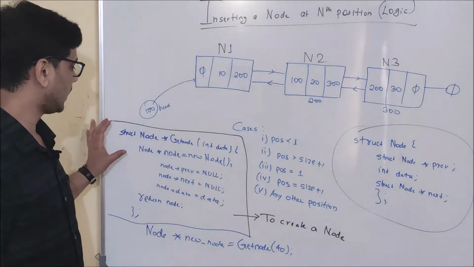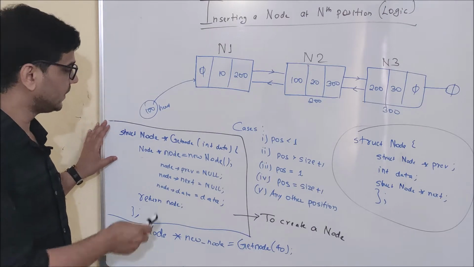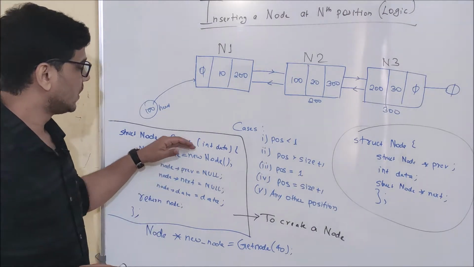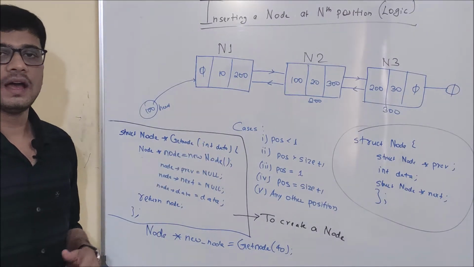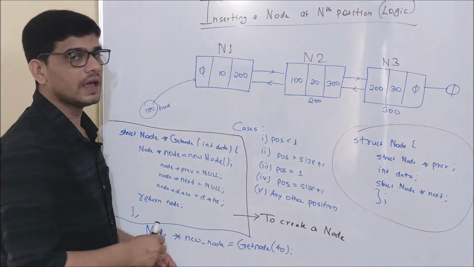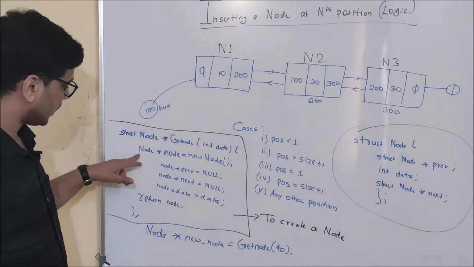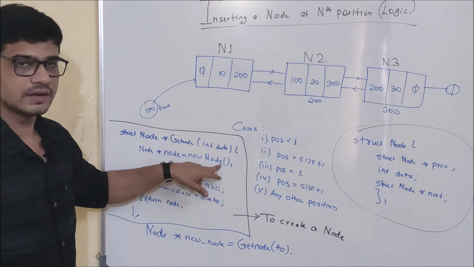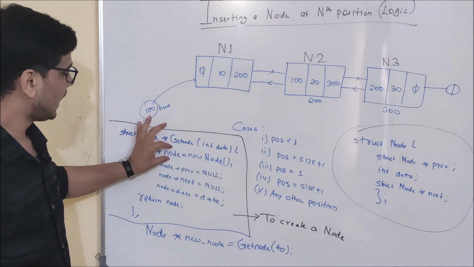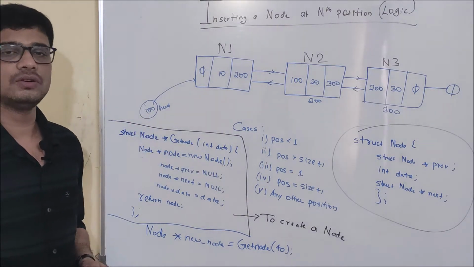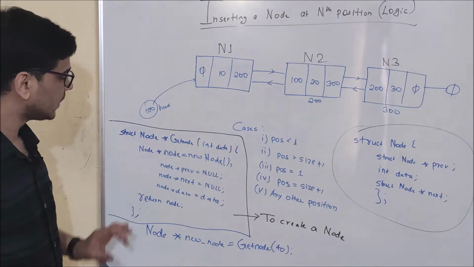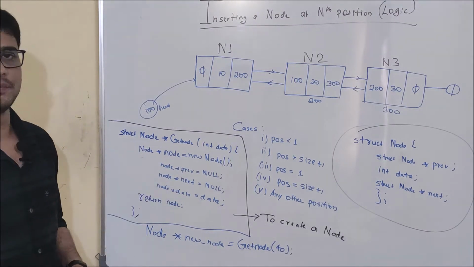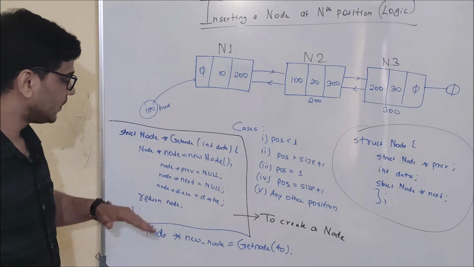Now, as you can see here, I have written a getNode function. Basically, in this function the user gives us data, and with that data I am creating a node. We are creating a node that takes memory from our operating system, and node is the pointer to that particular node. In the next three lines we are updating the previous pointer, next pointer, and the data field. And in the last line I am returning the node.